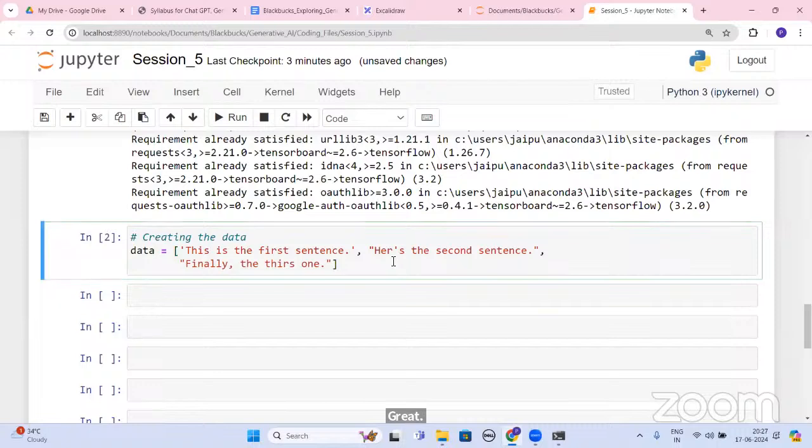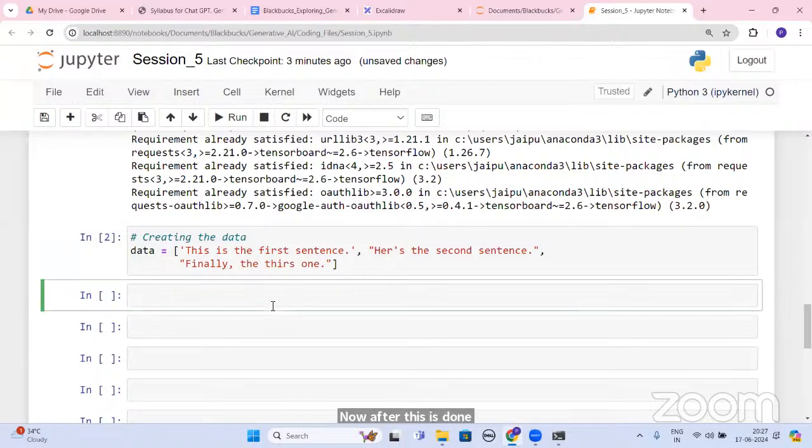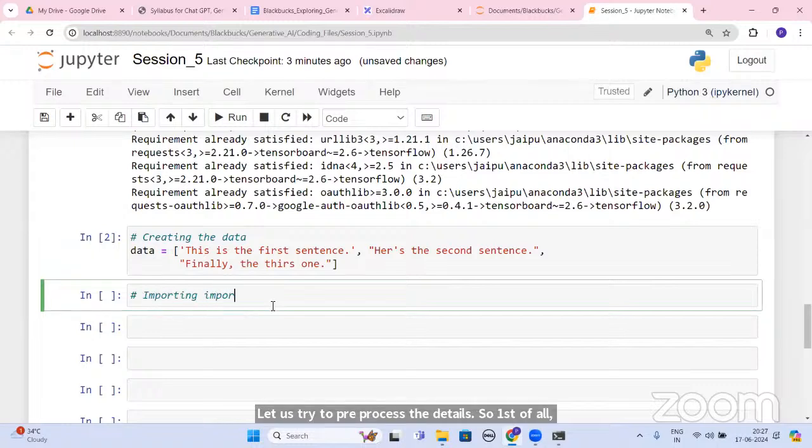Now, after this is done, let us pre-process the data. So first of all, importing important libraries.